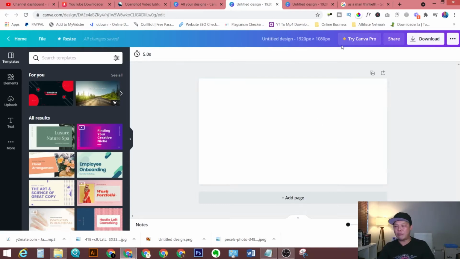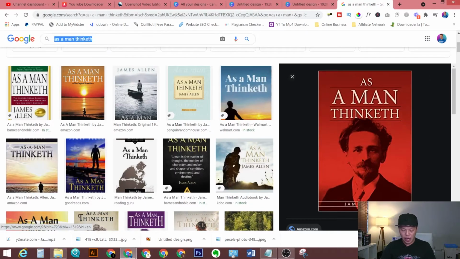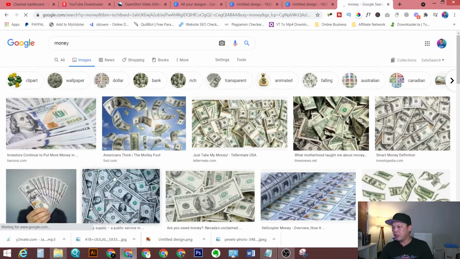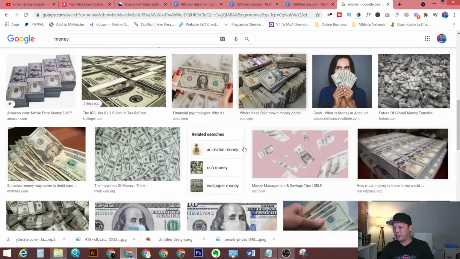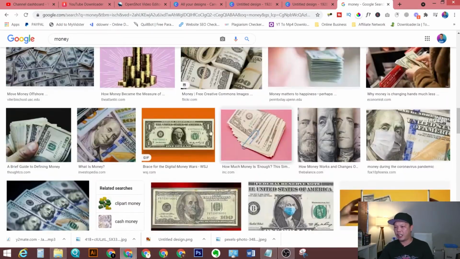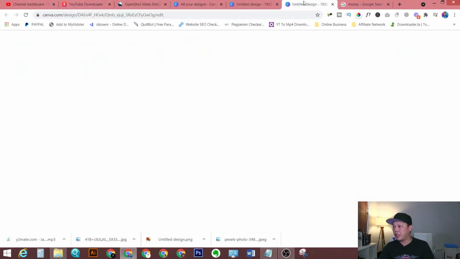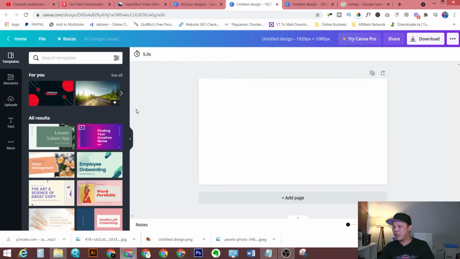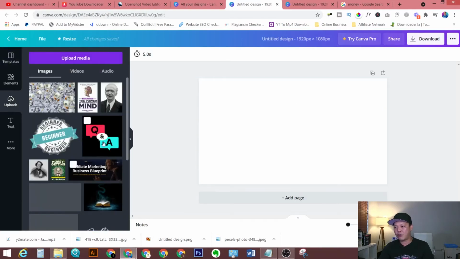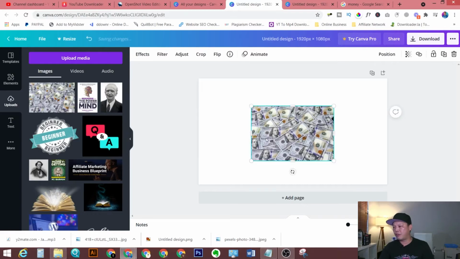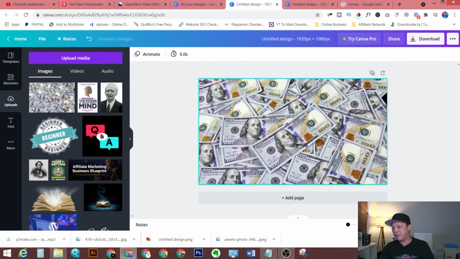I like money images, so you just go to Google and type in money. You can use any of these images. Just spend some time, find an image you like and download it. Once you download that image, drag and drop it into your Canva account. Then put this image right here and set image as background.